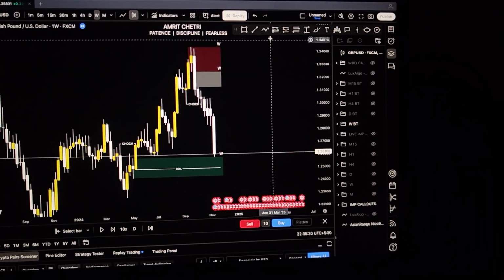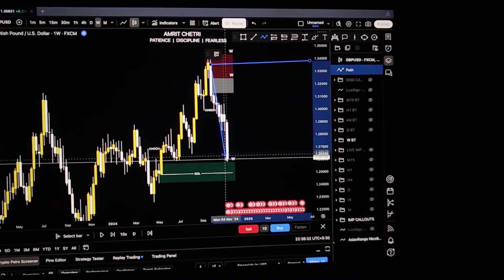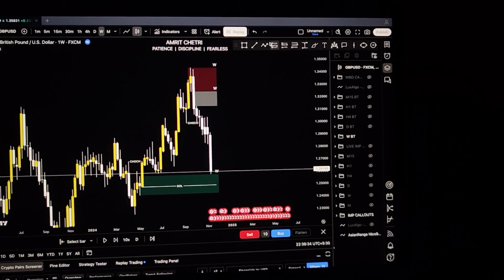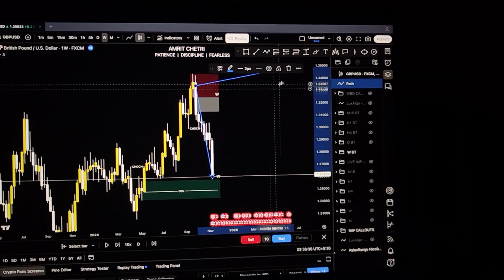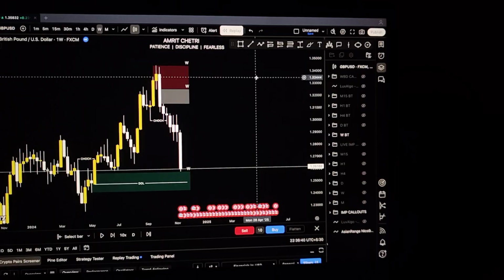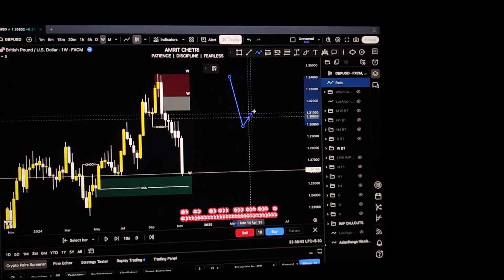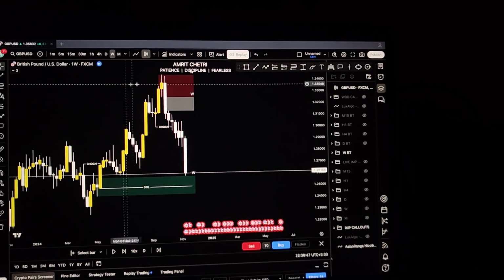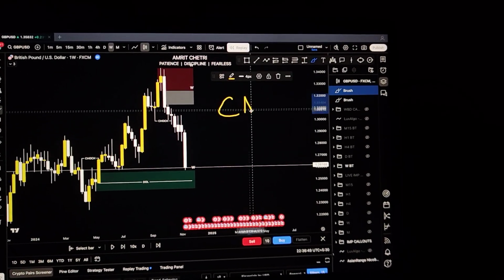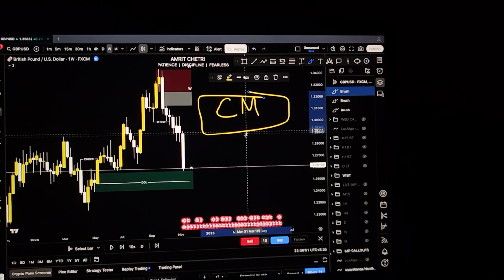So going on GBP USD, the price is literally dumping to the downside, meaning the DXY is getting so much stronger right now from this sort of area from September, and also the presidential elections and all sort of things. The price is just going down and down and down, showing that the price is literally bearish. So this is why learning continuation models is so important. You have to adapt to the conditions in the market.